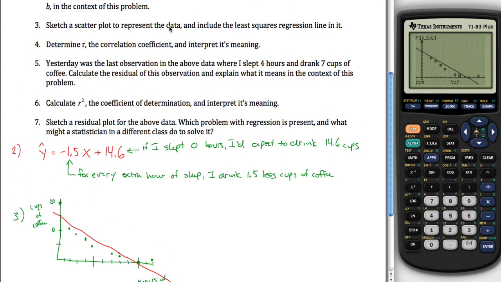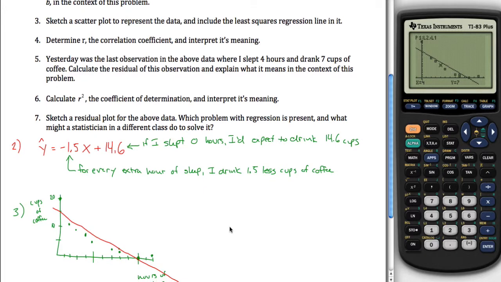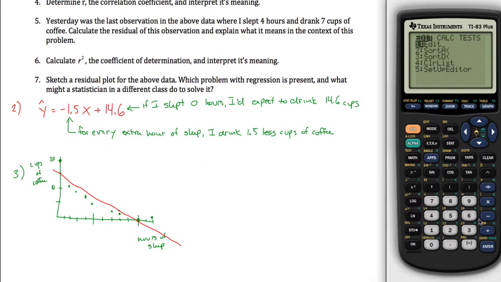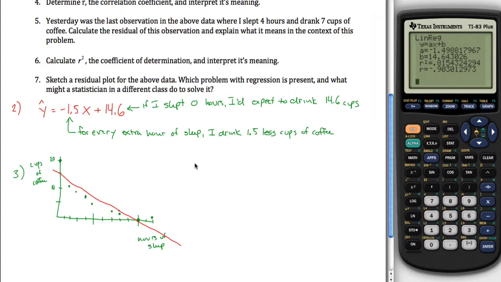Part 3, scatterplot, include your least squared regression line. Determine R, interpret its meaning. I think we had that earlier. Calc, linear regression. Oh, there we go. It's still up there from earlier. My value of R, so here's 4. R was equal to negative 0.903, which means